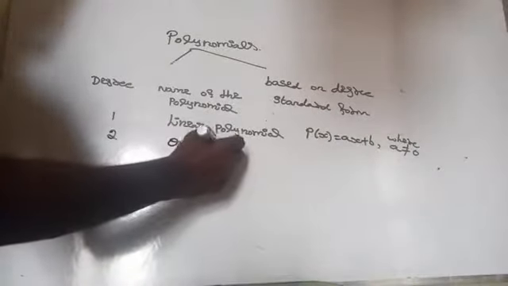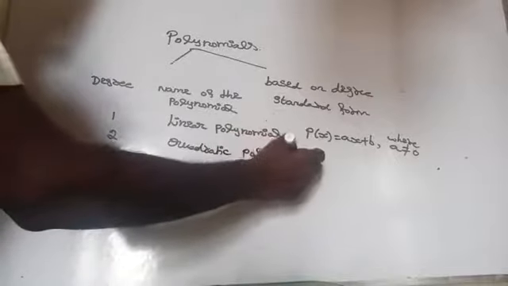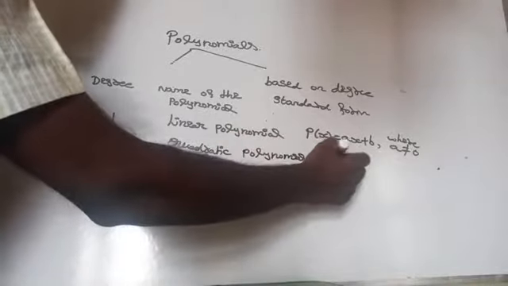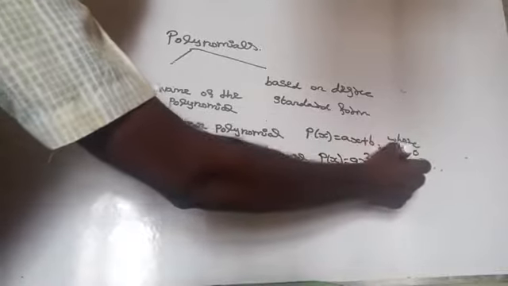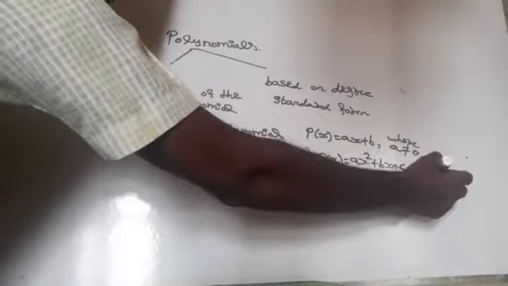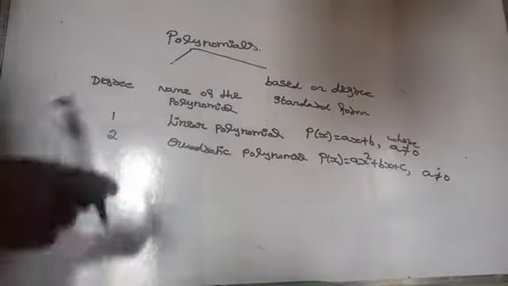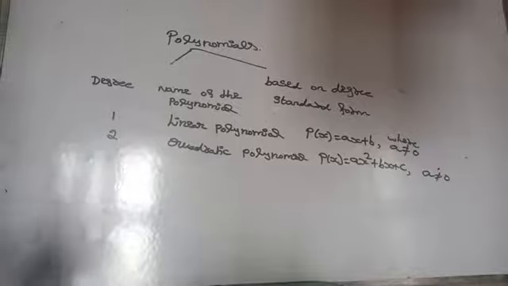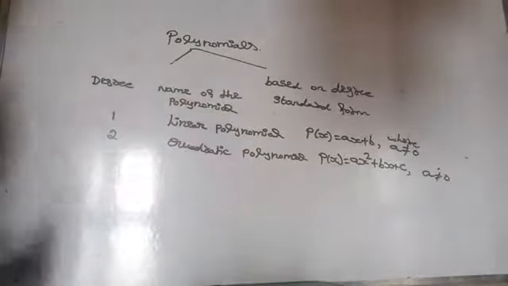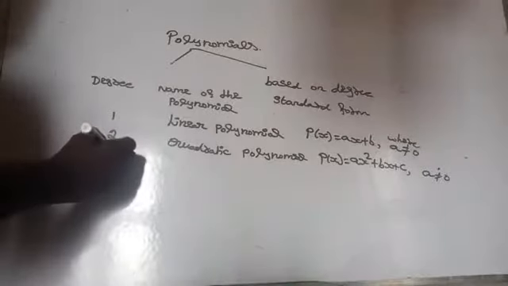If the degree of the polynomial is 2, then it is called a quadratic polynomial. So what is the standard form of that? P of x is equal to ax square plus bx plus c, where the condition is that a should not be equal to 0. If a is equal to 0, then you will get bx plus c, the degree will be 1, and it will reduce to the linear polynomial. That's why the condition is that a should not be equal to 0, that is, the coefficient of x square should not be equal to 0.